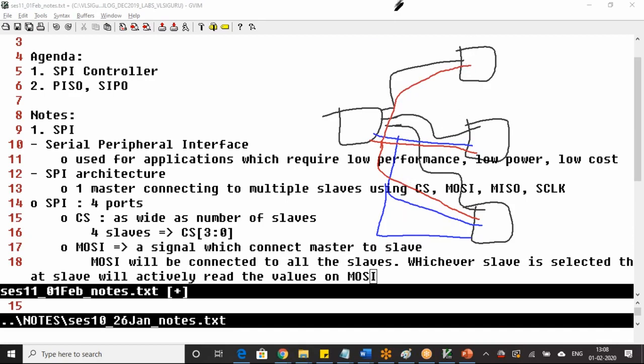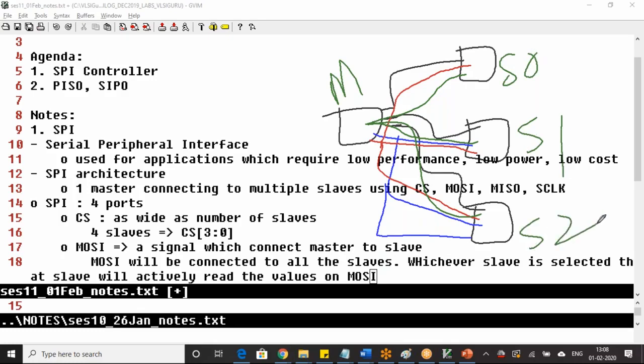In the MISO case, it is reverse. It will come into a single port. This represents one master connecting to slave 0, slave 1, slave 2 using these 4 ports. Which 4 ports?